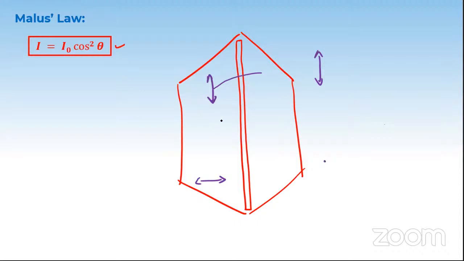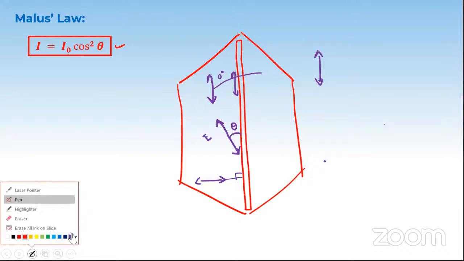But what will happen if I keep light in this particular direction? What happens to a light which is not at 0 degrees? When the axis and light are in the same direction, they're parallel to each other, so 0 degrees. When the axis and light are perpendicular to each other, it is 90 degrees. But what will happen in such cases? Imagine this is the electric field, oscillating in this particular direction. What is going to happen is very simple, but you have to be very careful about it.